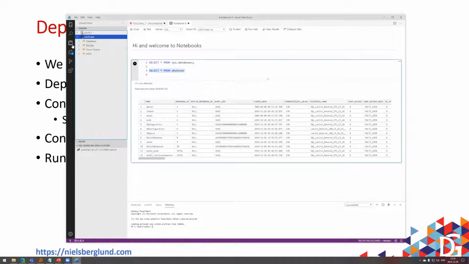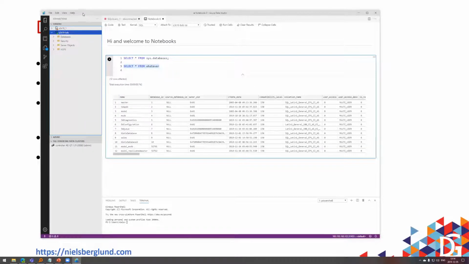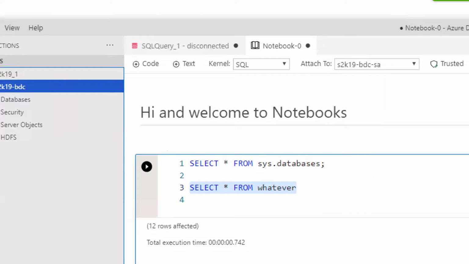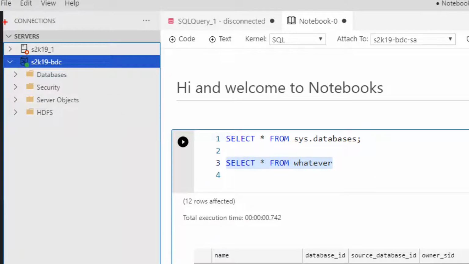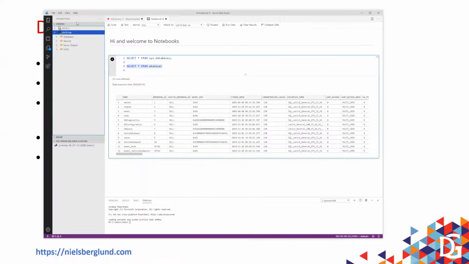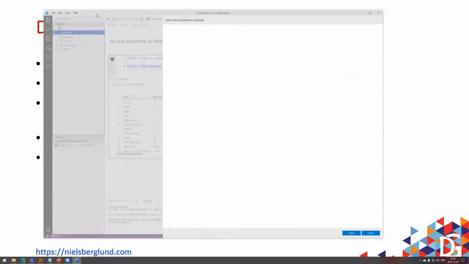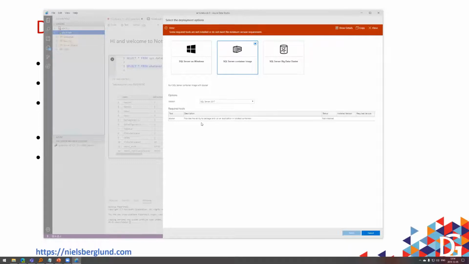But anyway, if you were to use ADS to deploy a big data cluster, if we're looking up here at the screen, you see this connections thing and how we now have three dots here. This is kind of what you are using. So let's click on that, and we're getting here Deploy SQL Server. How cool is that? We click on that, and now we're coming into a deployment wizard